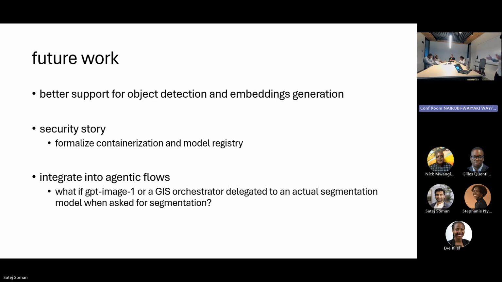I think I've shown you how the tool supports segmentation workflows, but getting the object detection and feature extraction workflows up to that same level of support is the first thing we'd be working on, to make sure this is really addressing the most common needs of people working in GIS and ML.